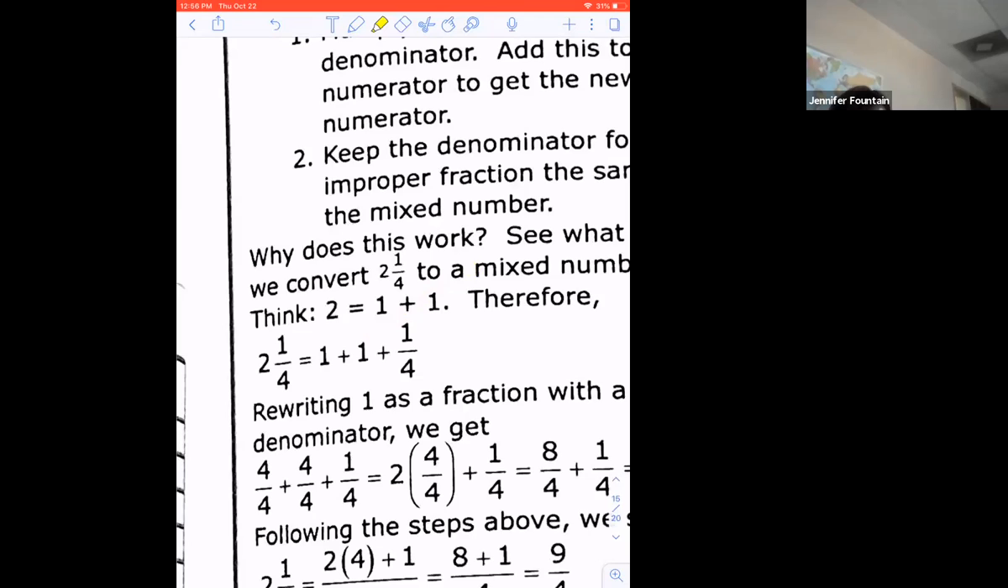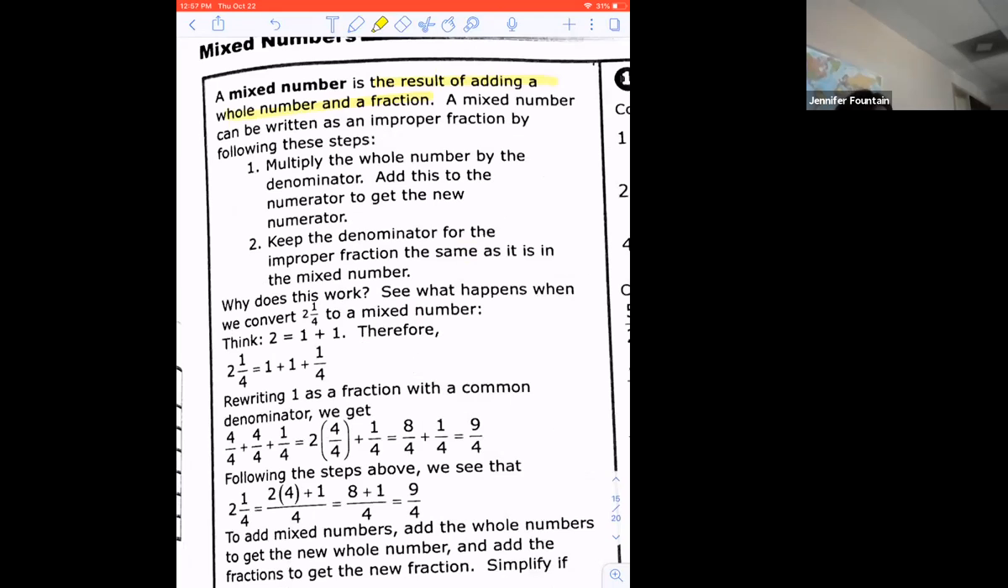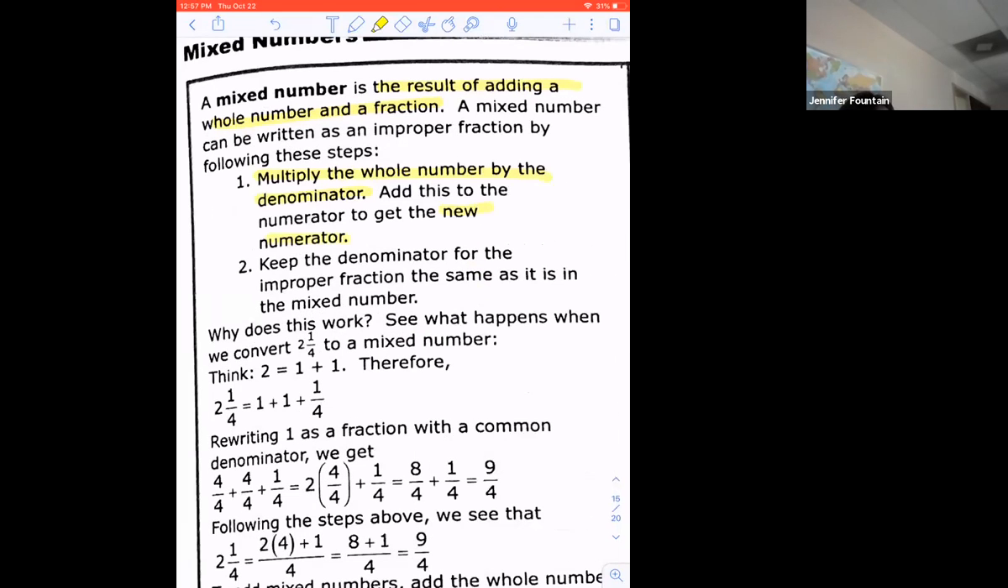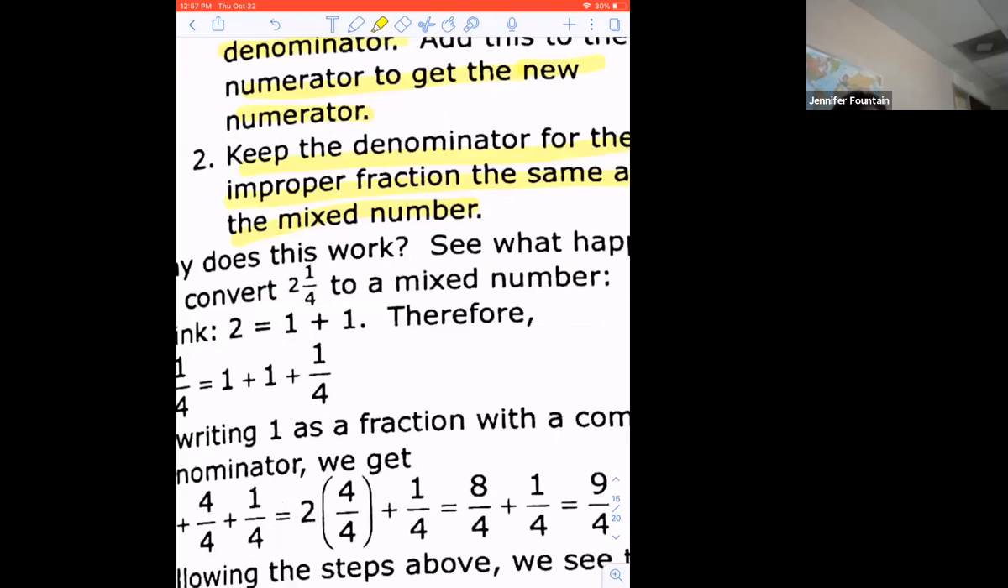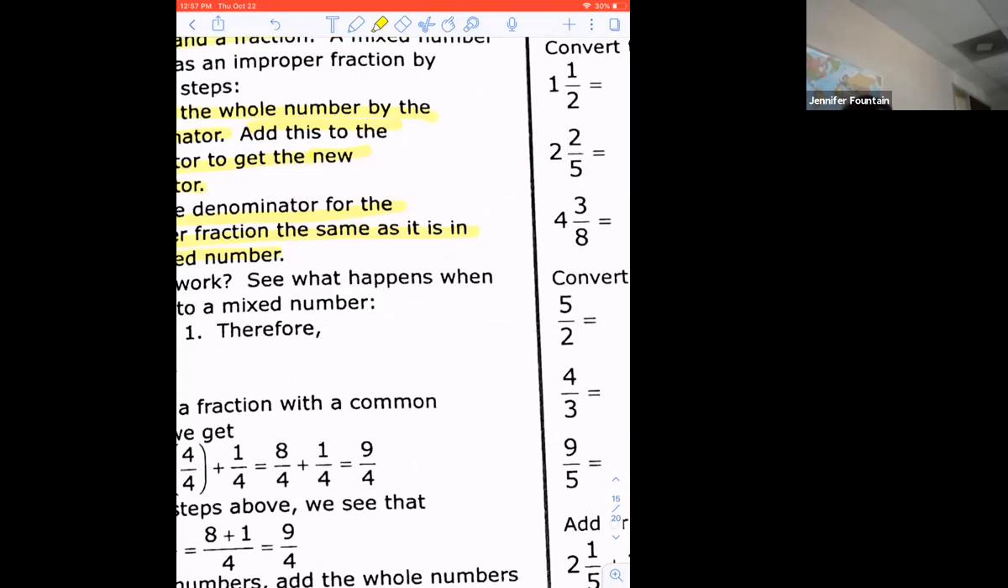To write a mixed number as an improper fraction, step 1 is to multiply the whole number by the denominator, and then add this to the numerator to get the new numerator. We're going to look at that in just a minute. Step 2 is to keep the denominator for the improper fraction the same as it is in the mixed number. So if we look at this number, 2 1/4,